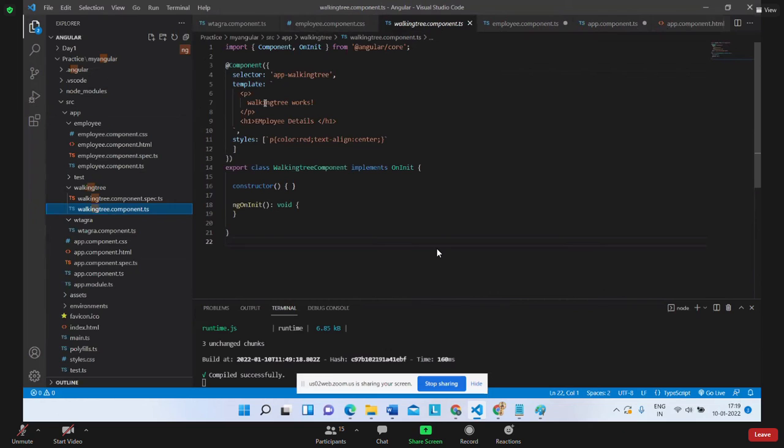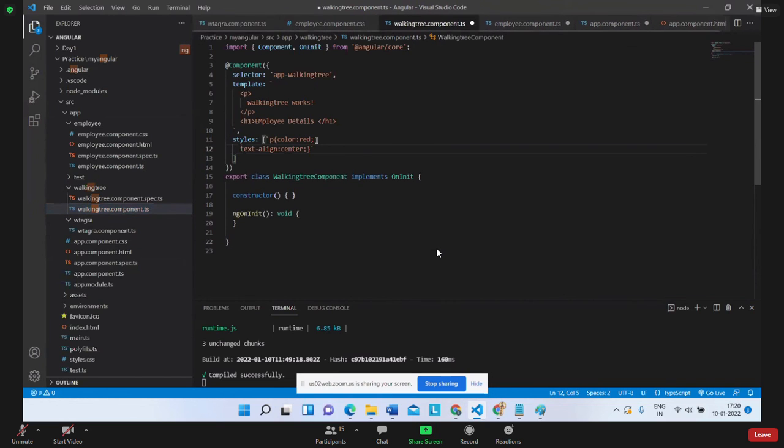The next part is one more concept, which is called multi-line templating. So what is this multi-line templating? If you are using one particular file, multi-line templating can be done using a backtick. You will be using this tick, so you are writing multiple lines. So backtick, p: red, text-align center. So multiple lines you can just use. I can just break this and make it like this. So this is what is called a multi-line